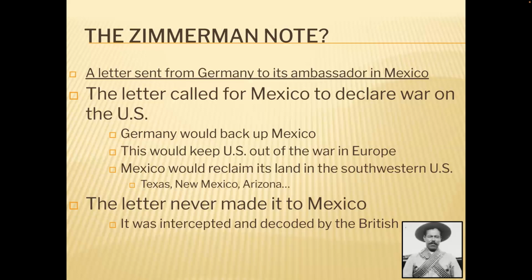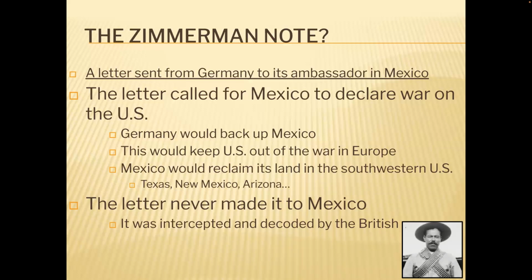For the U.S., it was like, hey, Germany's still being aggressive. This war is still prolonging, and now they are utilizing Mexico to maybe potentially attack us. This is wild. So this finally pushed the United States into sending troops over and getting involved. Again, when did it happen? 1917. So this is just a year before the war ended. That's one thing to know. U.S. comes over, wreaks havoc, and wins, right? Yeah, that's not really how it went. But in any case, in 1917 the U.S. joins the war. Final straw of the Zimmerman note.